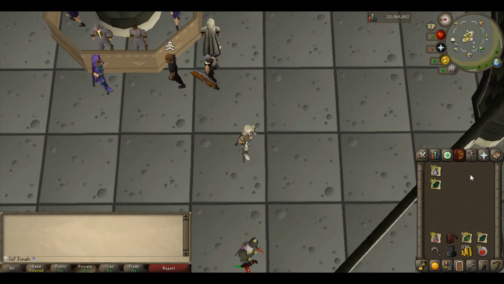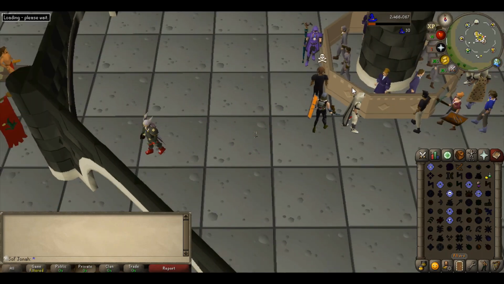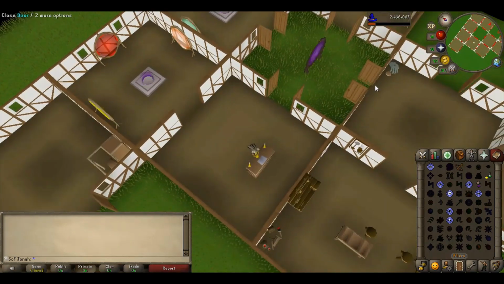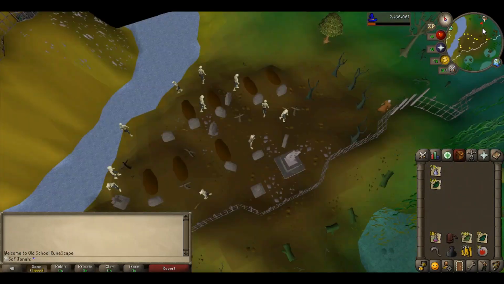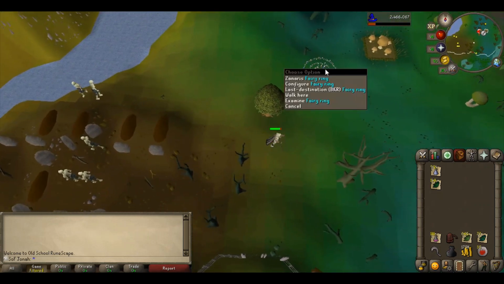Alright, I've done a couple runs of this, and I want to show you how I'm doing this. So first off, I am teleporting to the house, and as you can see, my prayer is low, so I'm going to run over here to the altar and recharge. Then I'm going to use the Sols Graveyard teleport over here, and that's going to take me close to the swamp, but I want to get basically in the middle of the swamp, so I'm just going to take the fairy ring to BKR,